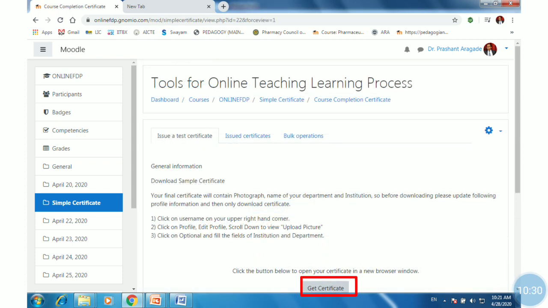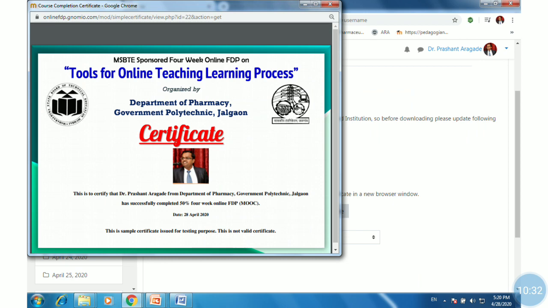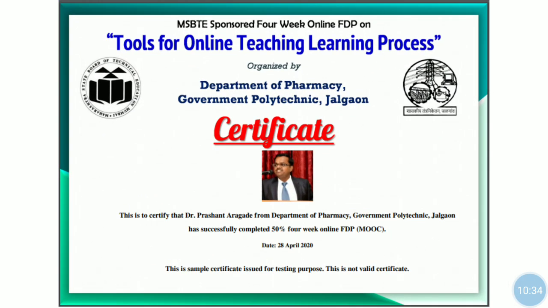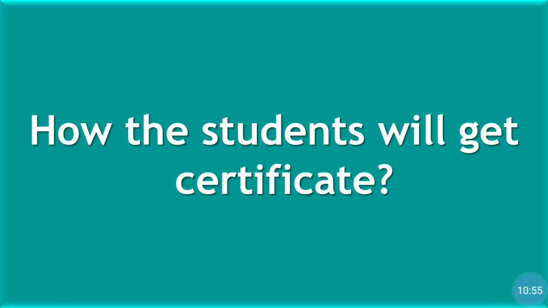So again click on Get Certificates. So now these certificates are properly aligned with user image, user name, first name, last name, department name, institute name along with the date. So you have to do trial and error for the horizontal as well as vertical position of the certificate text. Once you have done it, just ask the students to get the certificates by following the process.